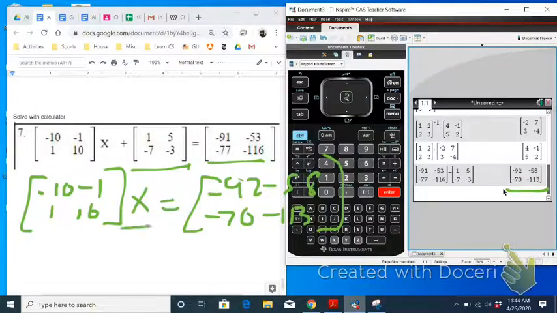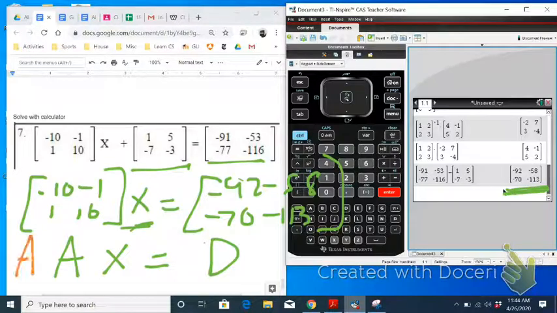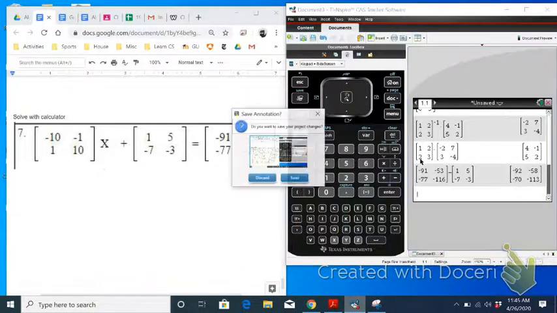Okay, so now to see what matrix X is, I have to find the inverse of this matrix. So if that's matrix A times X, and we'll call this matrix D, which is also right here. That would be matrix D. I have to find the inverse of matrix A and multiply it on the left-hand side of both sides of this equation. So to find the inverse of matrix A, I'm going to take matrix A,